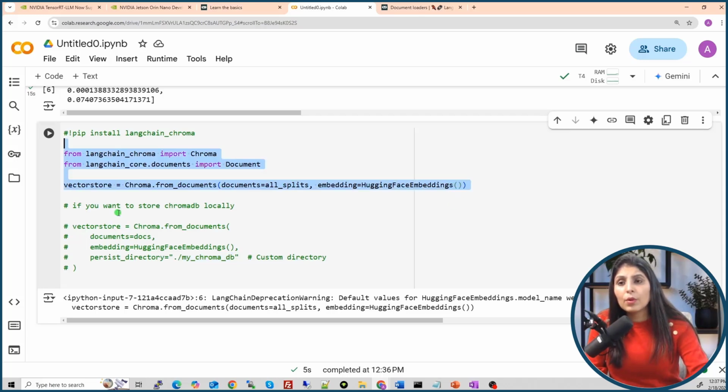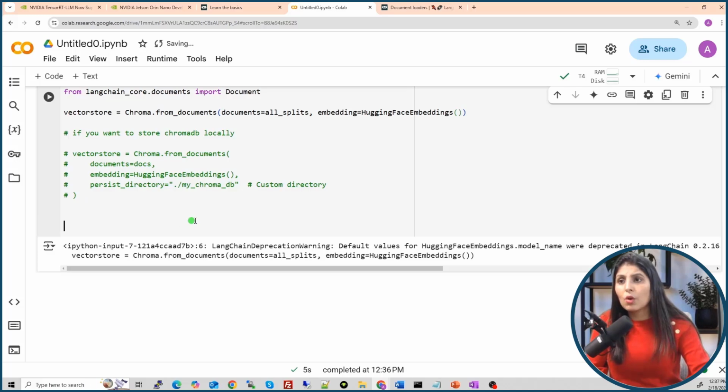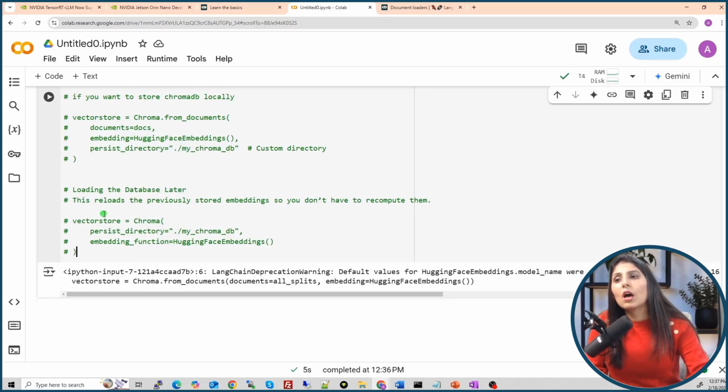Today I'm showing you the example on Google Colab, so that's why I'm not storing the database like this. But if you are working on a local computer and you have a huge data set, and creating the embeddings every time takes time, then you can run it just one time and save it like this, and later on you can load it. Let me show you how to load it. This is how you can load it.